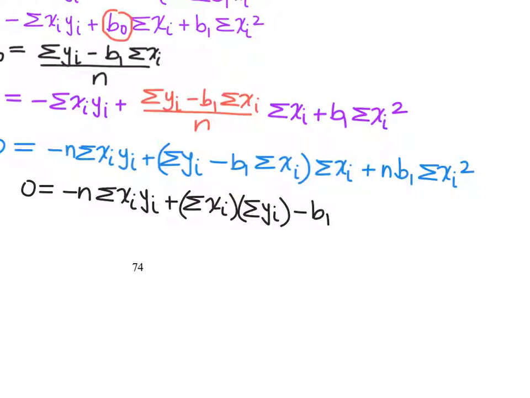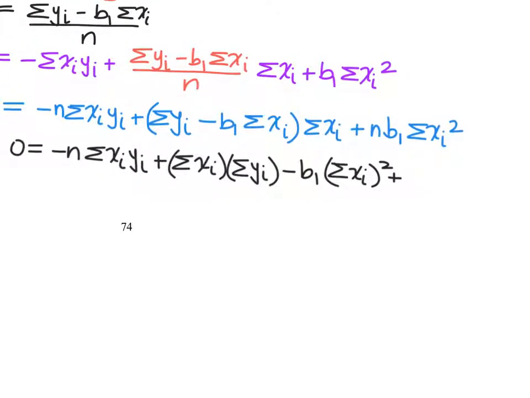Minus b sub 1. For the other one, there's really no reason not to put them together because it would just be the sum of x sub I squared plus n b1 sum of x sub I